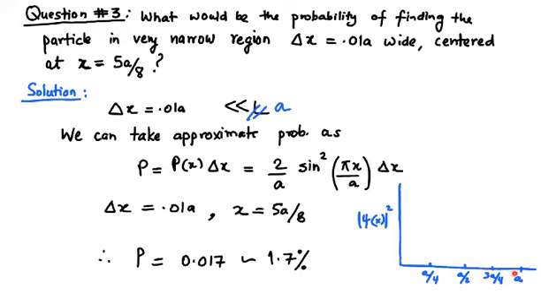If I plot the probability density as a function of x, and here a is the width of the box which extends from 0 to a, we get something like that for a particle in a box in its ground state, that is n equals 1. So what we just calculated was the probability of finding a particle in this very small region of the box, which is 1.7% now. So in this video, I gave you 3 examples of calculating the probability or average value